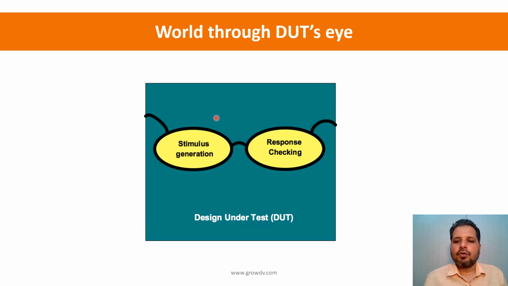Yeah, so we are looking at more details of the verification planning phase, and we looked at how to create the plans, right? So the next step is we need to create the test bench architecture, and to create the test bench architecture, what we are essentially trying to do is build